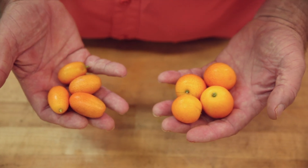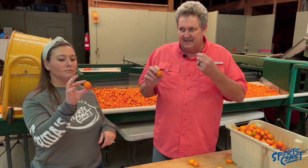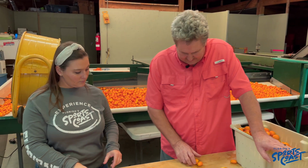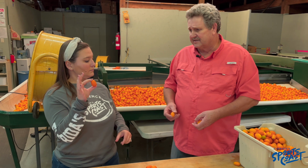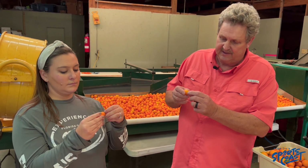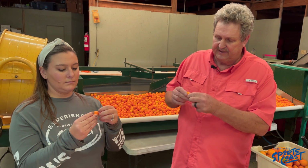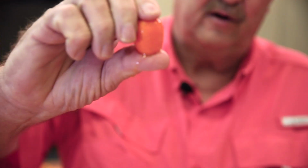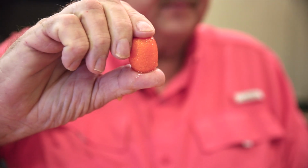This time of year they're pretty good, but most of the time it leaves a little bit of a bitter taste in your mouth. So how do you eat a kumquat? Well, let's start with the Nagami. You pick it up, if it has a little stem on the end of it, you take it off with your fingernail. Then you kind of squish it, let some of the sugars and everything come up on it. Then you just pop it in your mouth